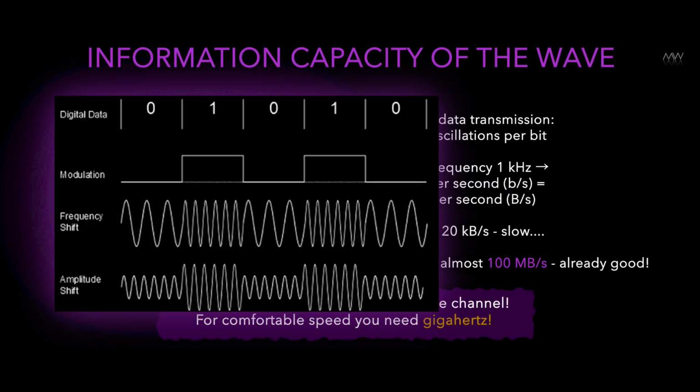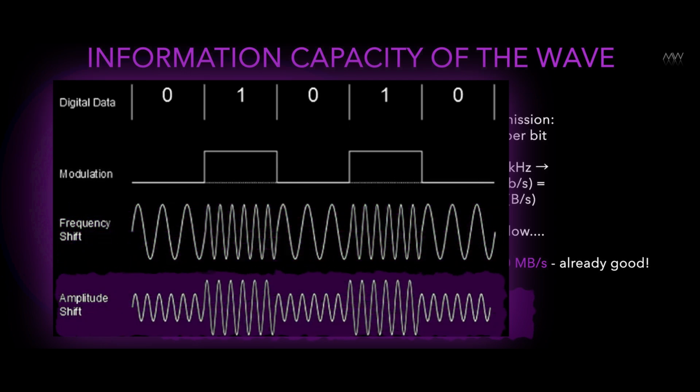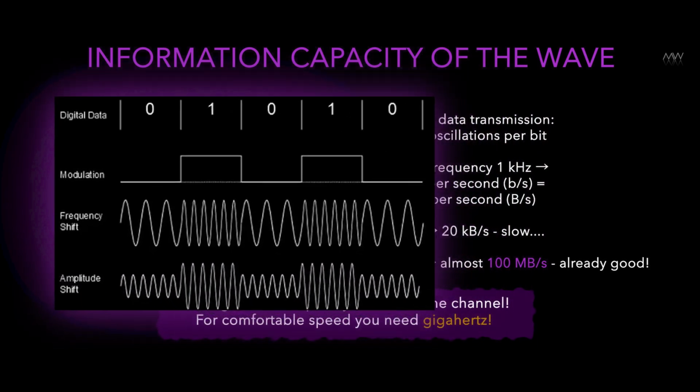There is frequency modulation, when the wave first goes a little thicker, then a little less, then a little thicker. That's how you transmit bits: 0, 1, 0, 1, and so on. You can also use amplitude modulation, where the wave goes at the same frequency, but just sometimes stronger, sometimes weaker, stronger, weaker. It's common to use frequency modulation because it's robust to noise.